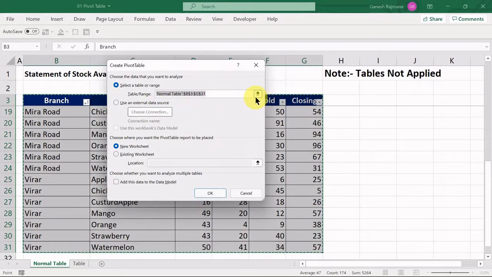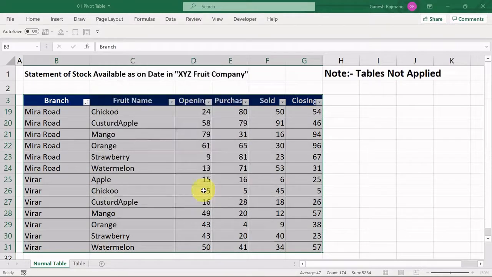We have already done the selection. We can see here the path is given. And the second option is asking us to choose where you want the pivot table report to be placed, in new worksheet or existing worksheet. I will prefer new worksheet. Now I will press OK.